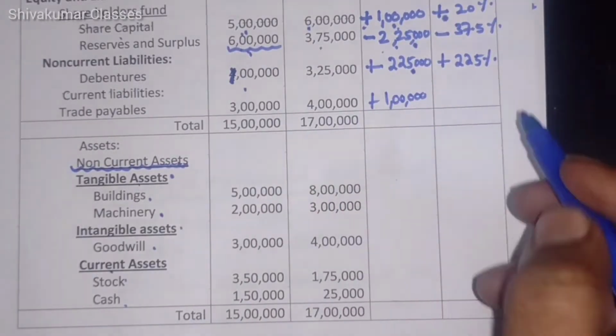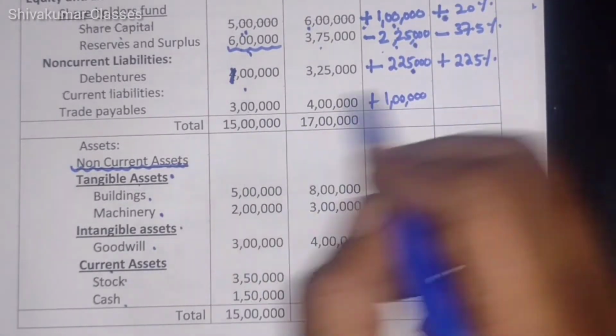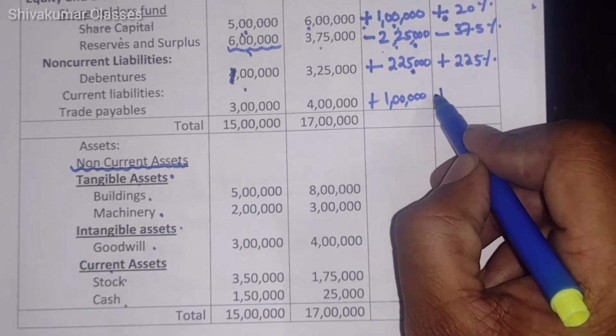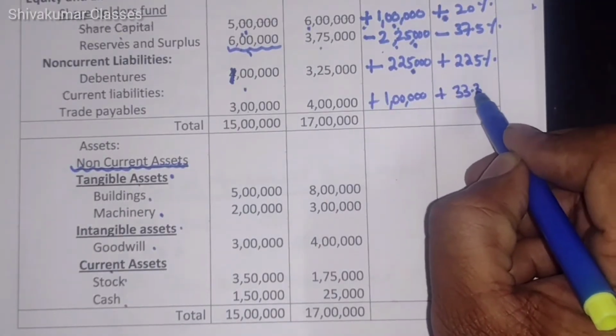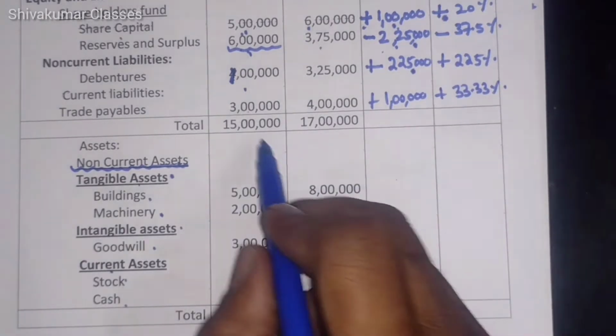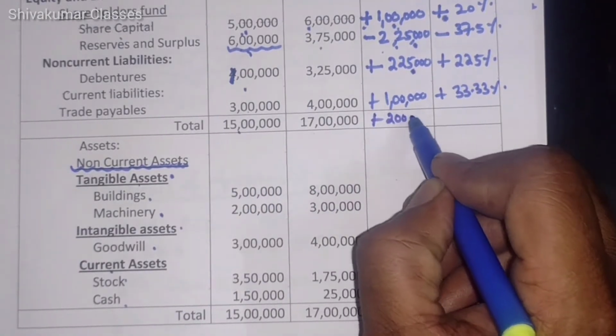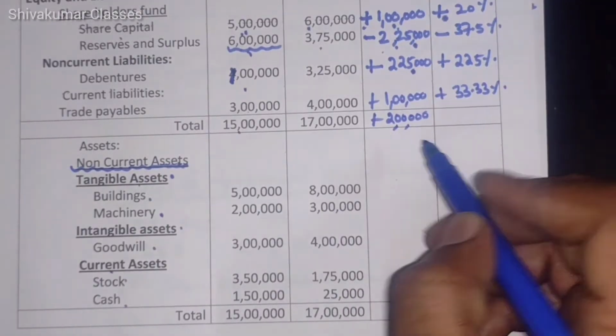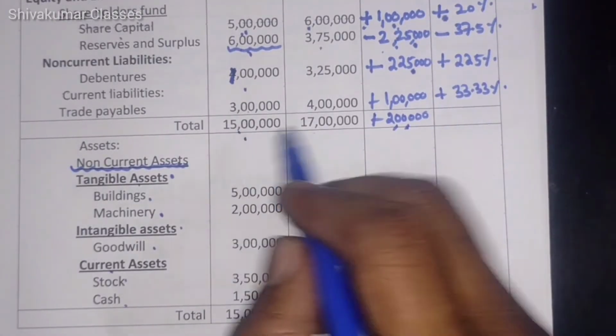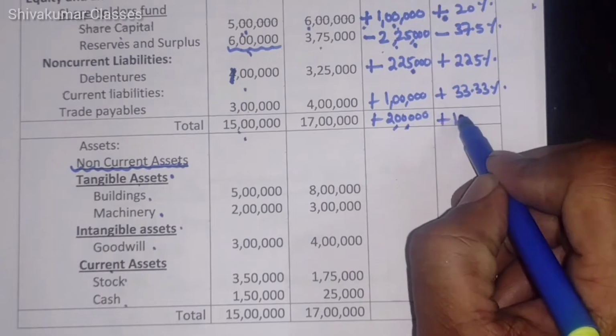Next one is plus 1 lakh. 1 lakh has been increased. 1 lakh divided by 3 lakhs. 1 divided by 3 is 33.33% when you multiply. 15 lakh and 17 lakh means that 2 lakhs has been increased. 2 lakhs divided by 15 lakhs into 100, you get